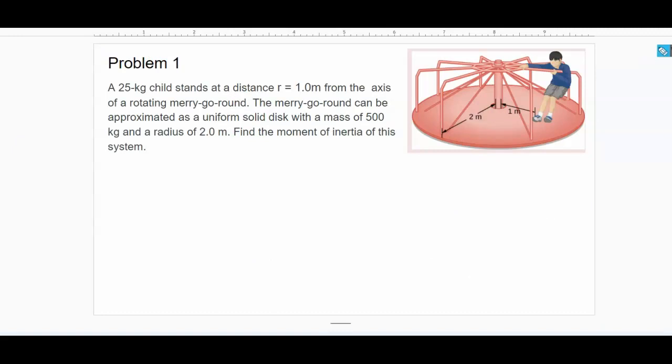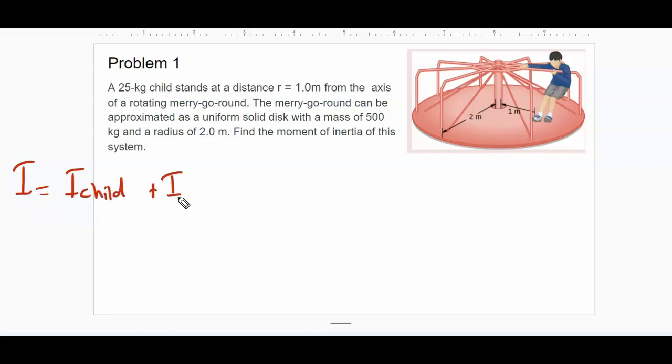Here we have example 1, and it says a 25 kilogram child stands at a distance r equals 1 meter from the axis of a rotating merry-go-round. The merry-go-round can be approximated as a uniform solid disk with a mass of 500 kilograms and a radius of 2 meters. Find the moment of inertia of the system. First things first, the moment of inertia of the system is the moment of inertia of two separate things. First, we have the moment of inertia of the child,